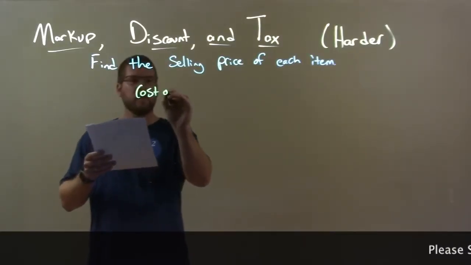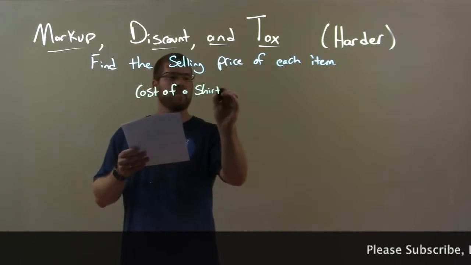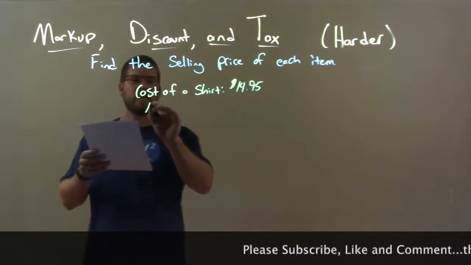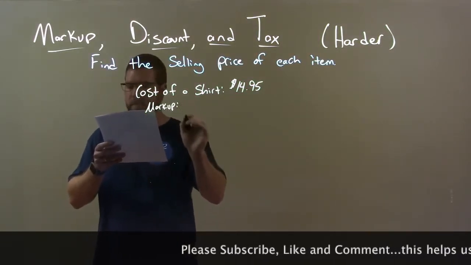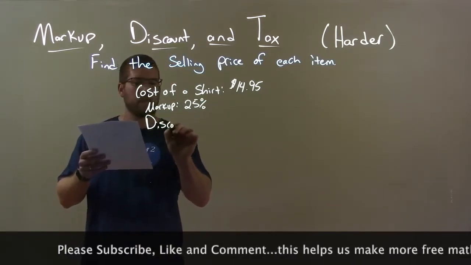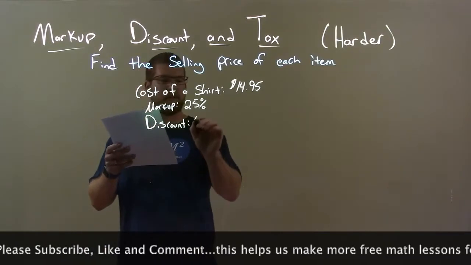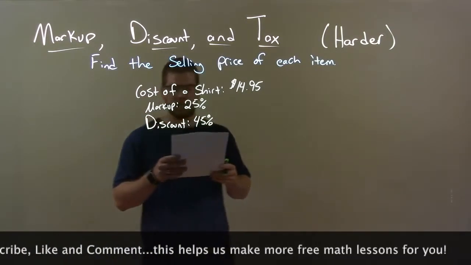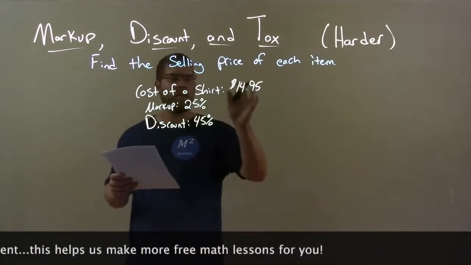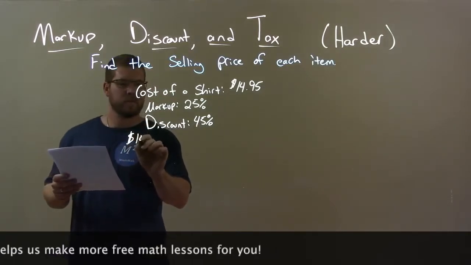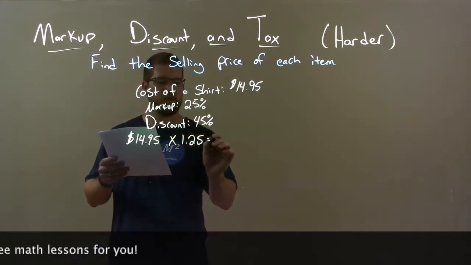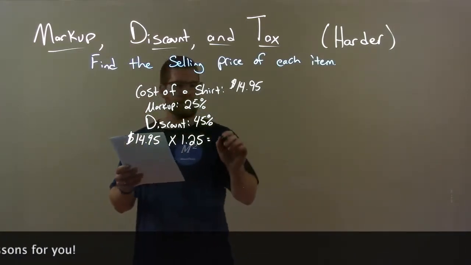The cost of a shirt is $14.95. Its markup is 25%, and its discount is 45%. Okay? So we have a markup and a discount. Okay? So first we'll start dealing with that markup. We have the cost of the shirt is $14.95, and we're going to multiply that by 1.25. Okay? That represents a markup of 25, and we have an